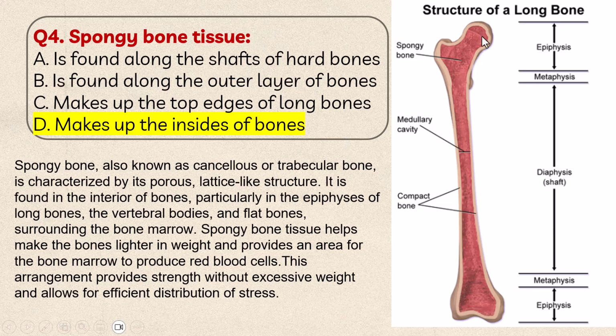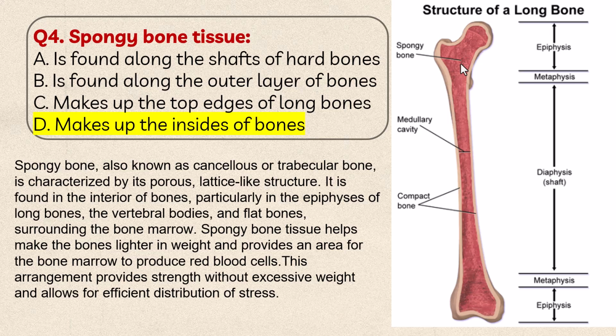You can see the structure of the long bone. This part is the epiphysis, and here is the metaphysis. The long part is the diaphysis. Same thing at the bottom also. So when you see the spongy bone, you can see the spongy bone is here. The spongy bone, also known as the cancellous or trabecular bone, is characterized by its porous lattice-like structure. It is found in the interior of bones, particularly in the epiphysis of long bones, the vertebral bodies, and flat bones,